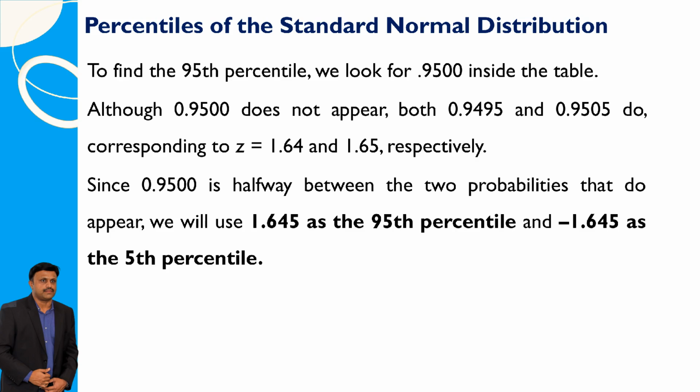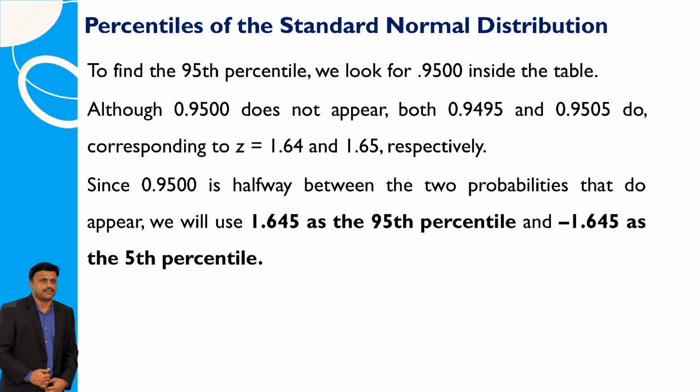percentile. To determine the 95th percentile of the standard normal distribution, we search for 0.9500 in the table. Since 0.9500 is not directly listed, we find the closest values, 0.9495 and 0.9505, which correspond to z-scores of 1.64 and 1.65, respectively. Given that 0.9500 is midway between these two probabilities, we use 1.645 as the 95th percentile and negative 1.645 as